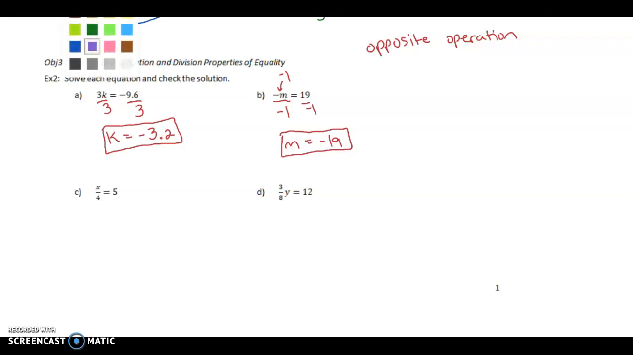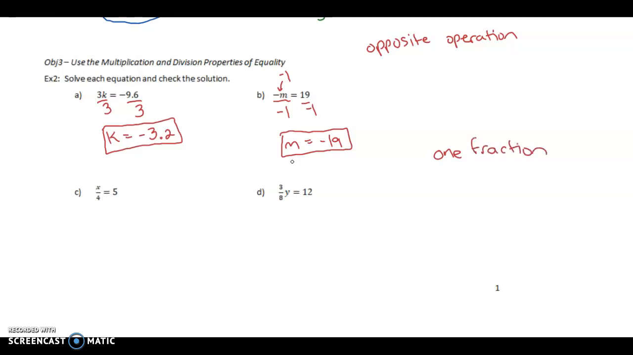On the next two examples, we have some fractions, and there are different ways to deal with fractions. I think it all depends on if you have one fraction or if you have multiple fractions. If you have one fraction,